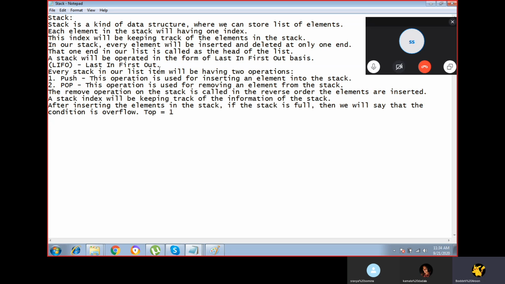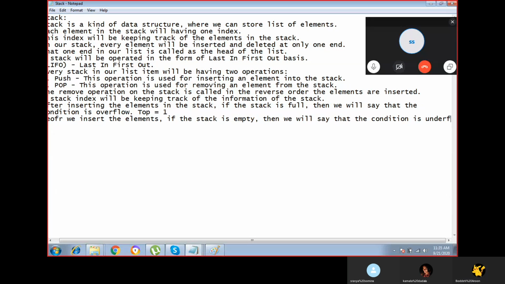And if the stack is empty before we insert the elements, then we'll say that the condition is underflow.